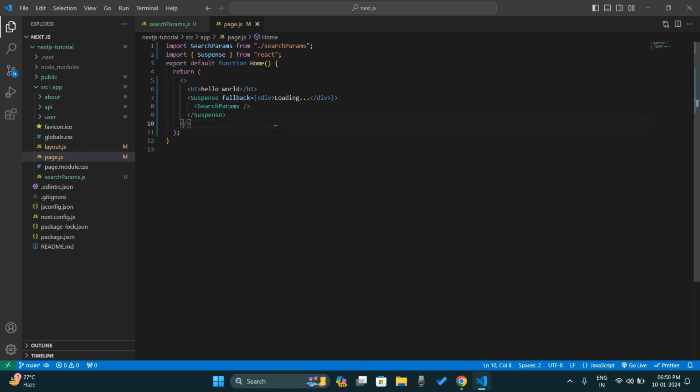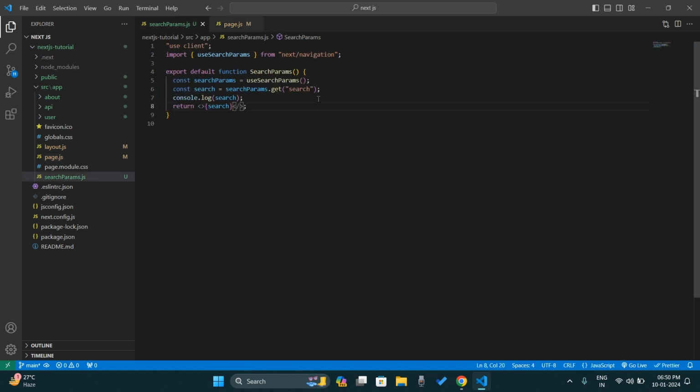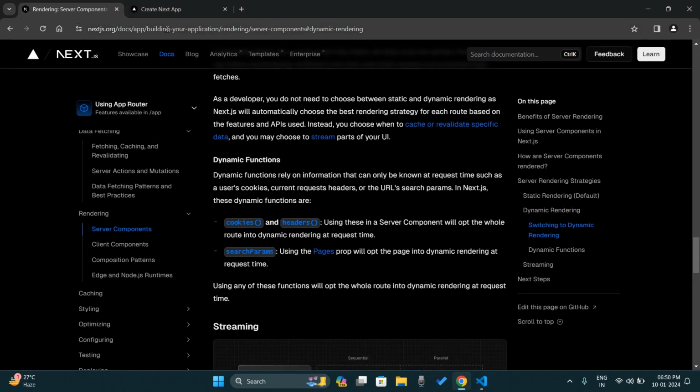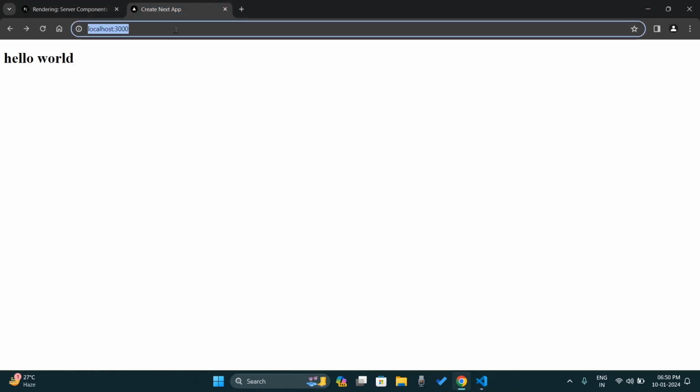So for this the console log we put, so the console log will not be logged on server when using static rendering. We can check this using the production bundle, because for development purpose it will be shown again and again, but for production it will be shown correctly. First let us see in the development. So I use the search,